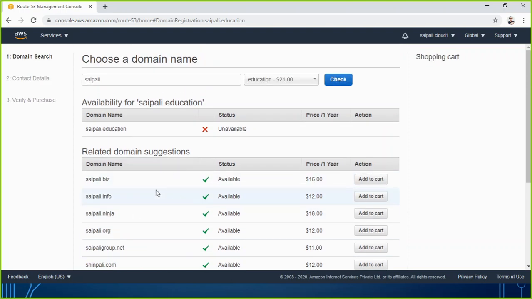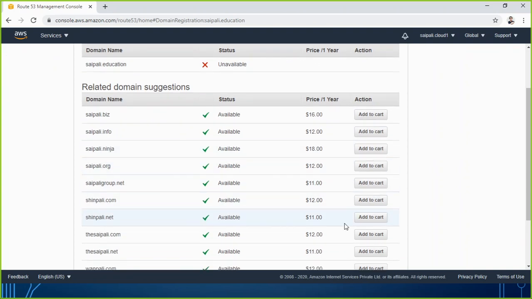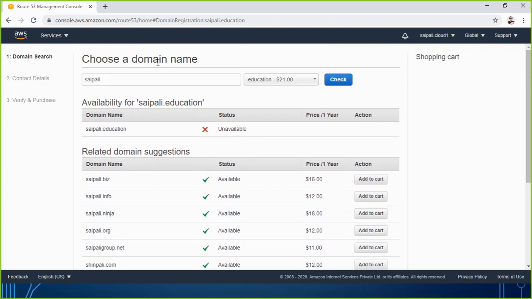So what name is suitable for your company? You will first have to register it. This is the step of registering the domain name, and that's the very first step. I'm not going to follow it because it will charge that much money for a year, and I don't need this name.